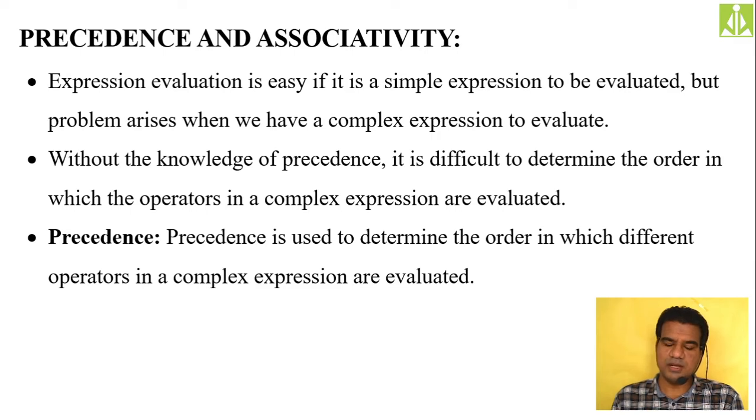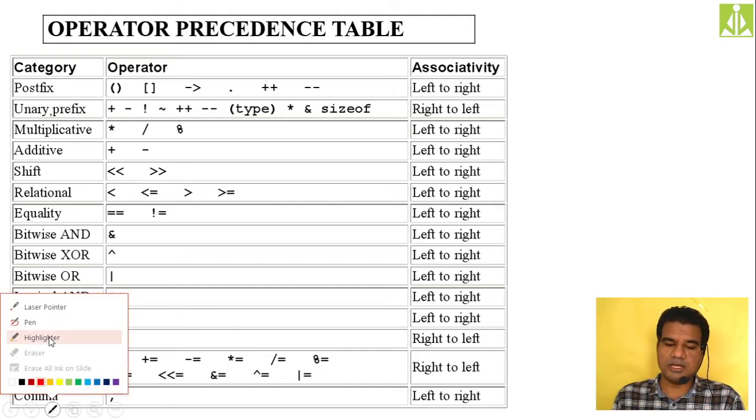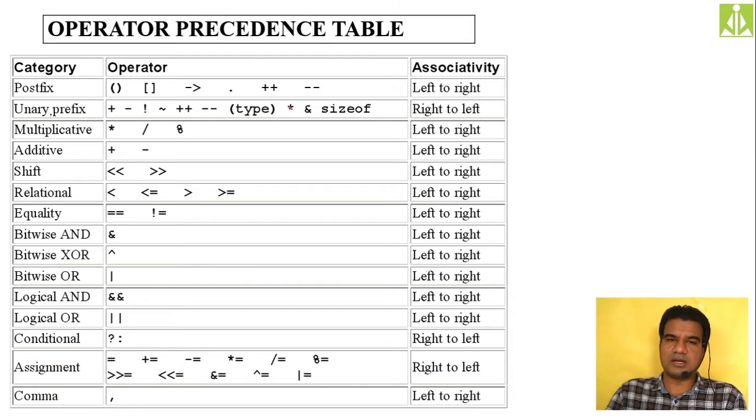Inside the precedence table, we need to consider all the operators according to their precedence level. How will the precedence level be decided here? The operators which are at the top in the precedence table have the highest precedence, and as you go down, the precedence level will decrease. So always look for the top operators, or the operators with higher precedence level inside the table, and evaluate them first and then go for the operators which have the lower precedence level.